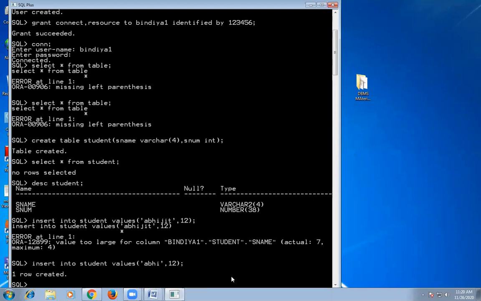Suppose, as we know, the table can contain any number of rows. Suppose if you want to insert a larger number of rows, in such a situation what you have to do is, instead of inserting each row individually,